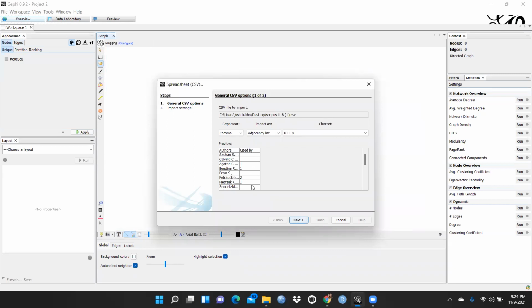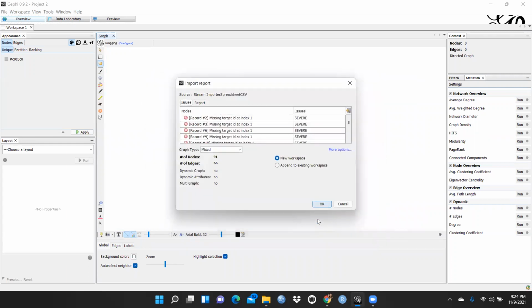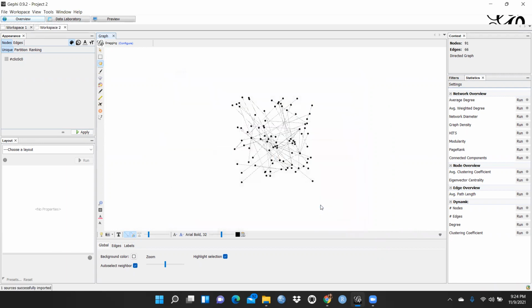How many citations are here? So what is the networking? I press next, and then I press finish. You can see how many nodes and how many edges: total number of edges are 66 and total number of nodes are 91. Then I press OK.